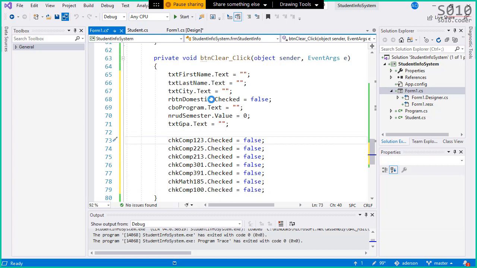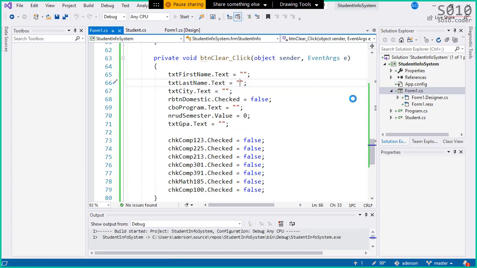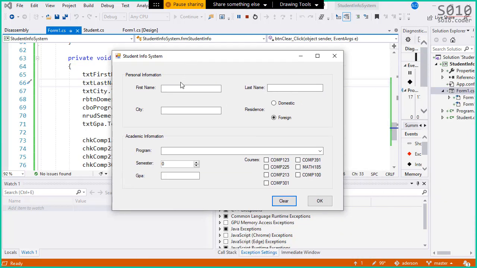Okay, so let's have a look. Let's see how this behaves. Our clear. I'll copy and paste to Padlet. Let's just confirm that this is working. So I'm just going to add some random information here. And then if we click on clear,